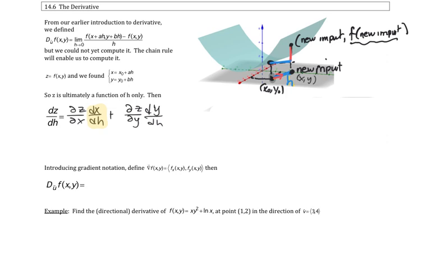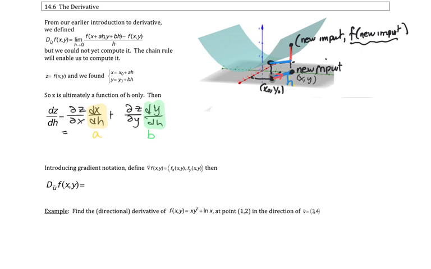And if you're going to differentiate this with respect to h, what's the derivative here? I have a times h. The derivative with respect to h is just going to be a. And the derivative of y with respect to h is going to be b. And so we get this